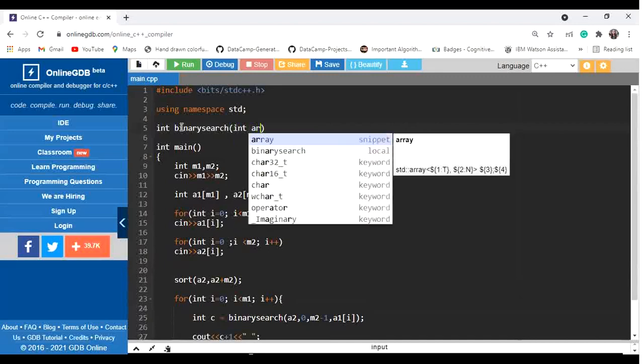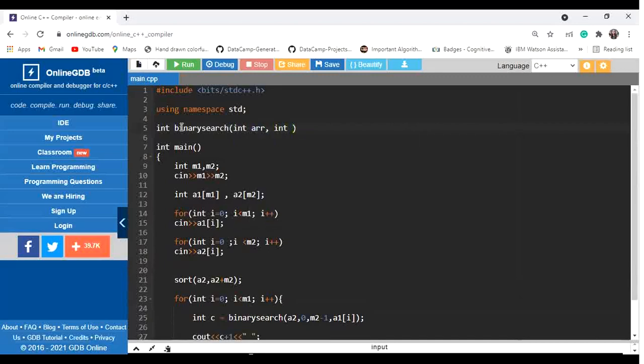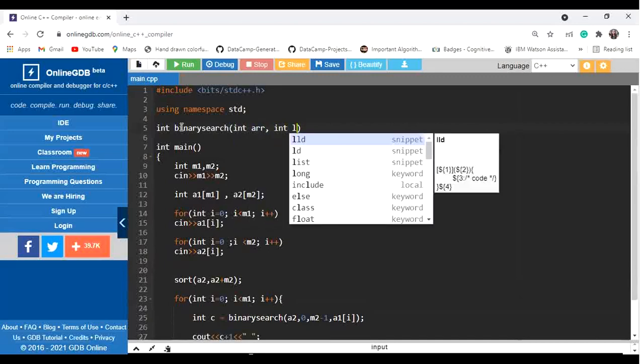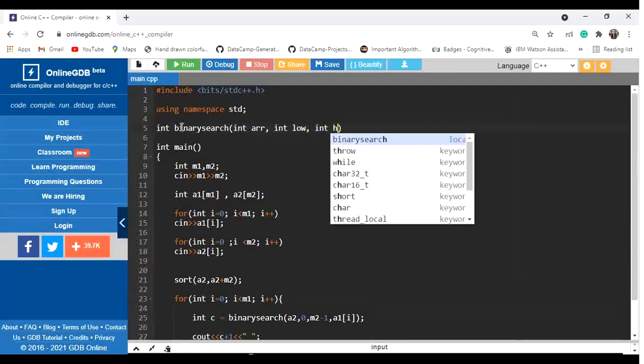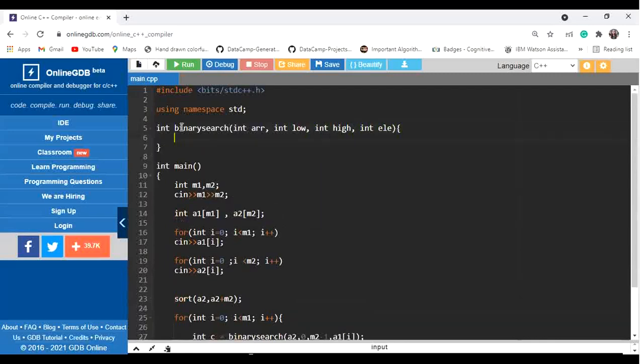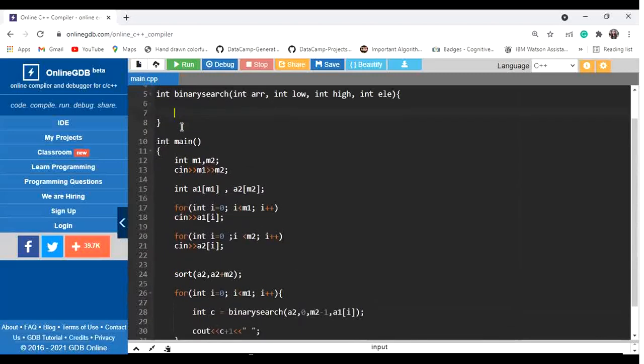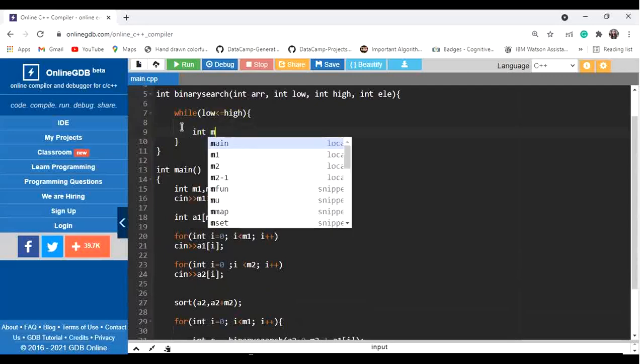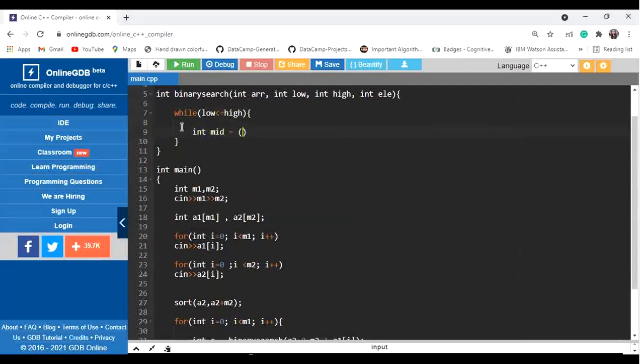In ARR, int low, int high, and int LE. This is the element that we have to consider. Here we will simply run a loop as we usually do in binary search: while low is less than or equal to high, we calculate a middle element, that is low plus high divided by 2.